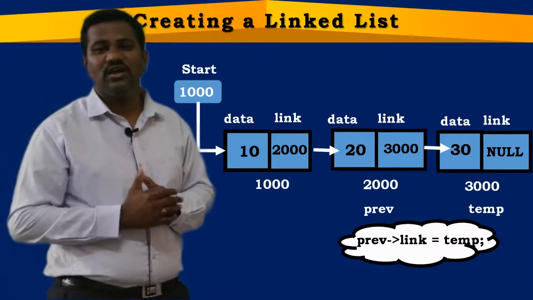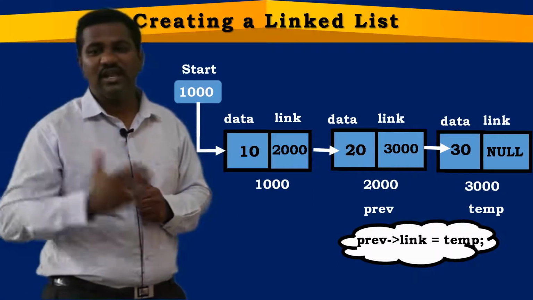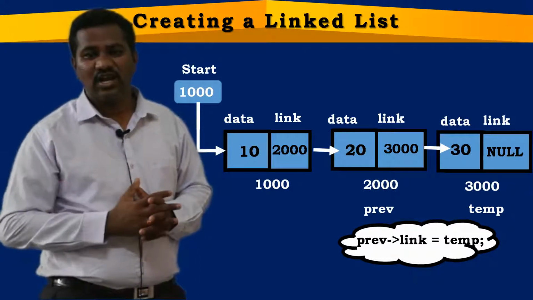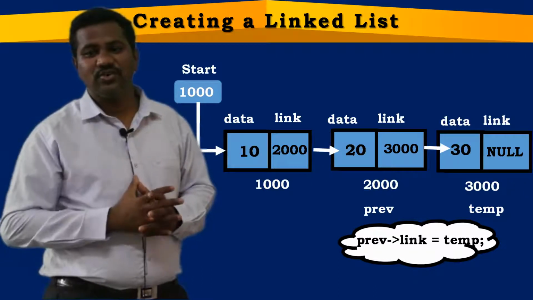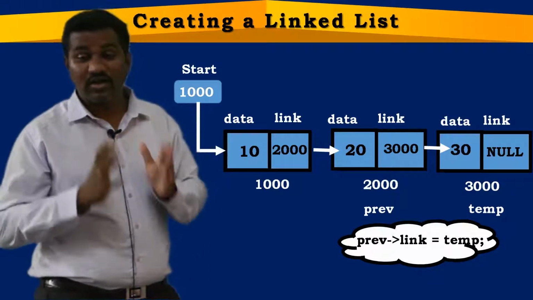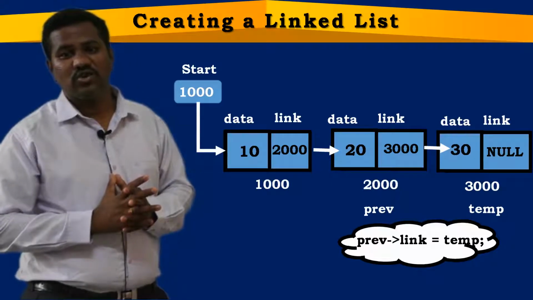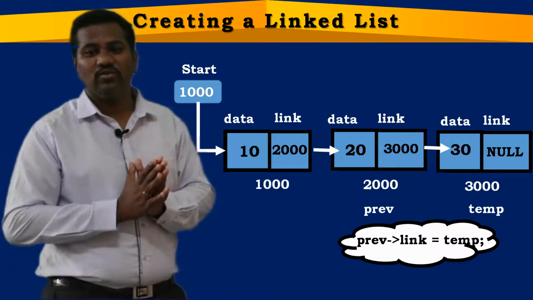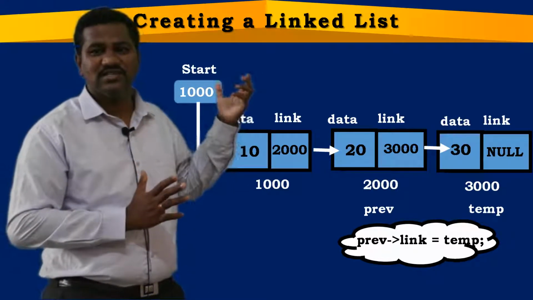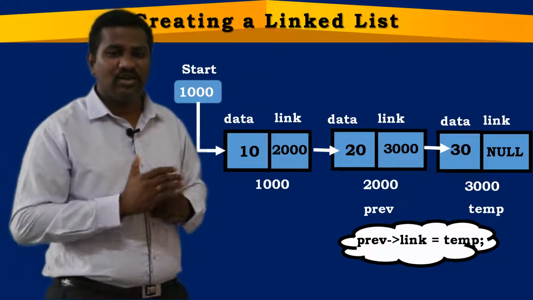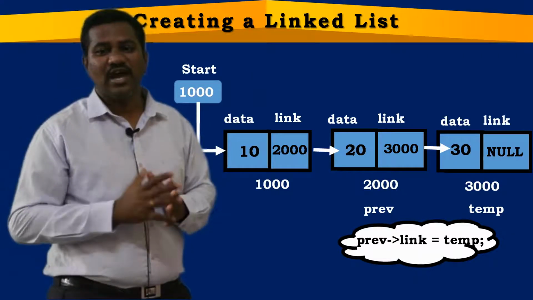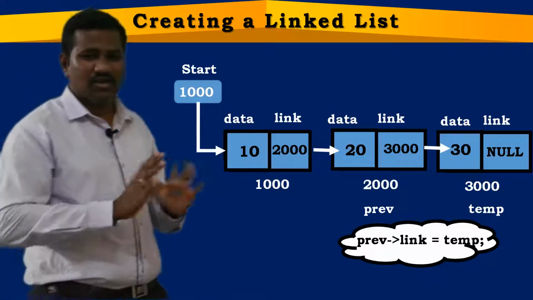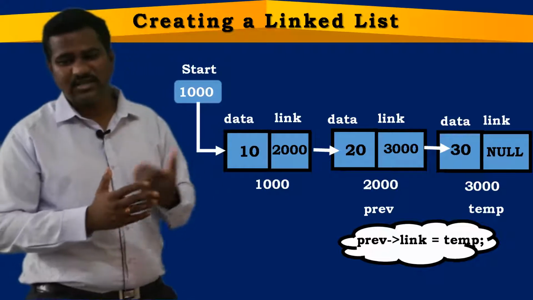When you are going with the fourth node, again what happens is we allocate the block of memory, store the address in temp, accept the data part, and assign null to the link part. And after that, the condition is going to be true that we are not creating the first node in the list. Then again we need to go with the while loop. And before that while loop, previous is assigned with the start variable. And we need to go through the complete while loop, while previous arrow link not equal to null, which means we move from one node to another node.